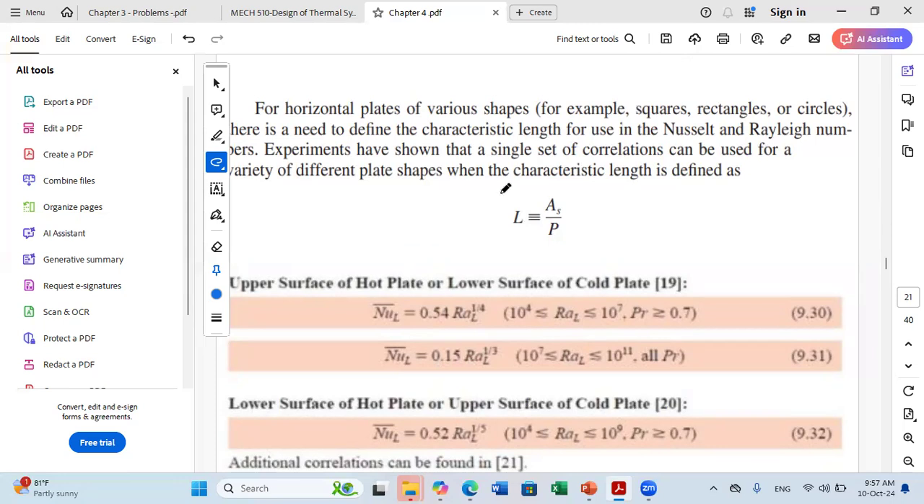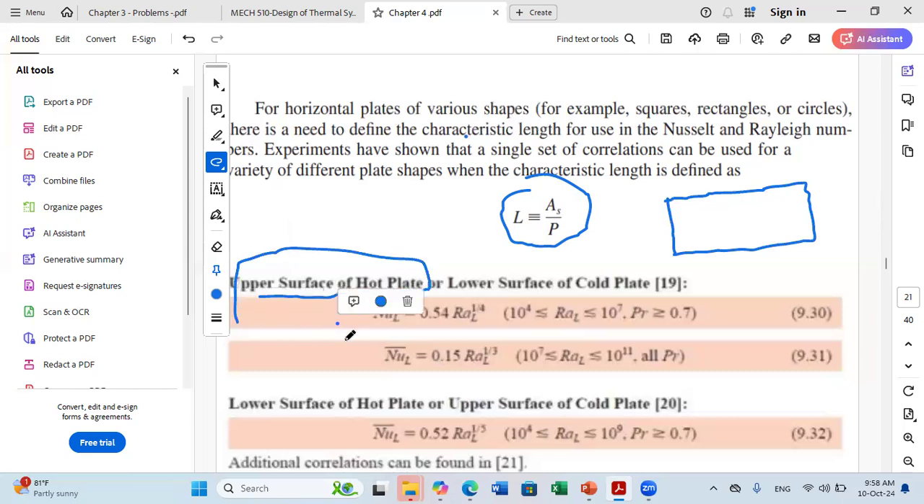But we need to define a certain characteristic length. What is the characteristic length in this case? This characteristic length, we will use it in the Nusselt and Rayleigh number calculation. And to find the characteristic length, all we have to do is to consider the area of the surface over the perimeter of the surface. For example, for the top and bottom plates, you have the same characteristic length because they have the same dimensions, but you don't have the same Nusselt, because, as we will see now, the formula to use for the upper surface of the hot plate